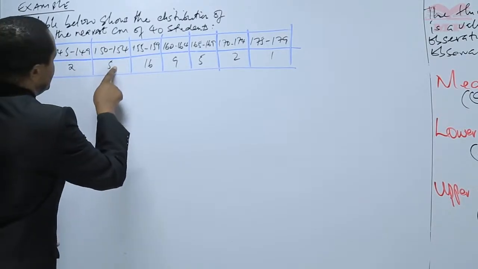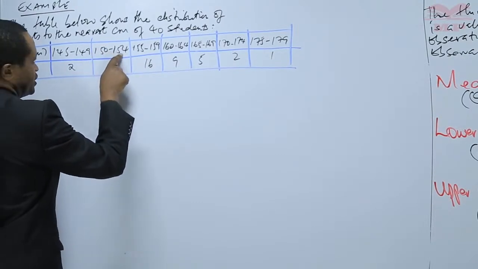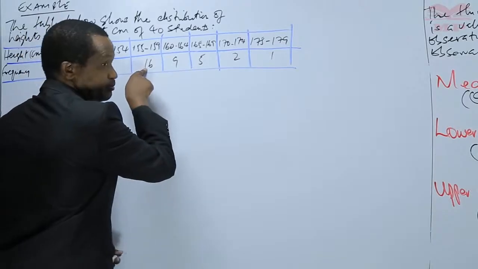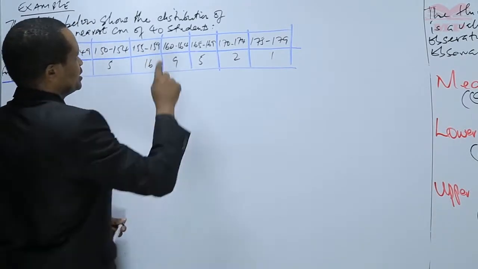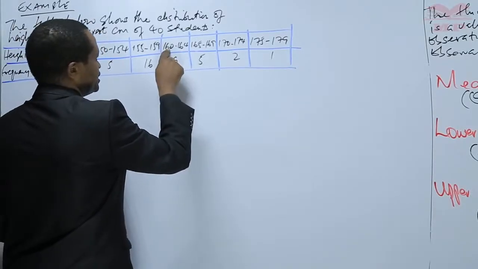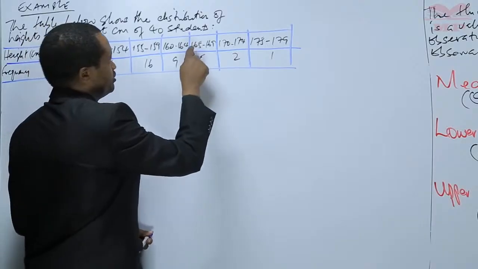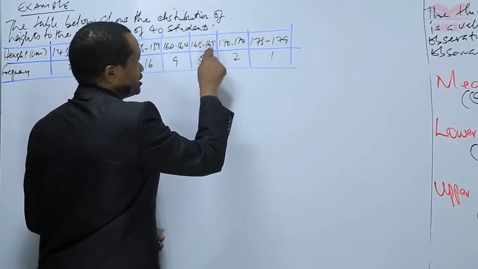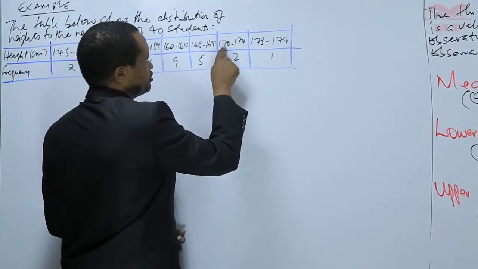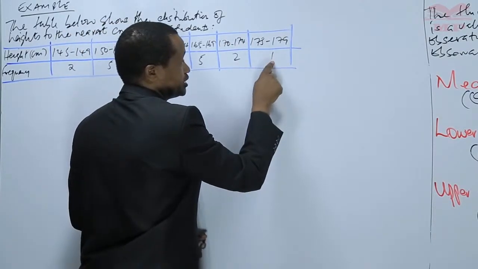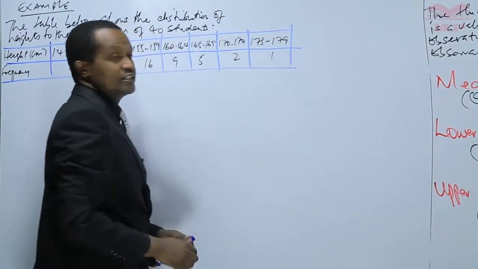Then 5 students' height is between 150 centimeters and 154 centimeters. 16 students measure 155 to 159 centimeters. 9 students measure between 160 and 164 centimeters. 5 students' height is between 165 and 169 centimeters. Then 2 students' height lies between 170 and 174 centimeters. And lastly, 1 student's height is between 175 to 179